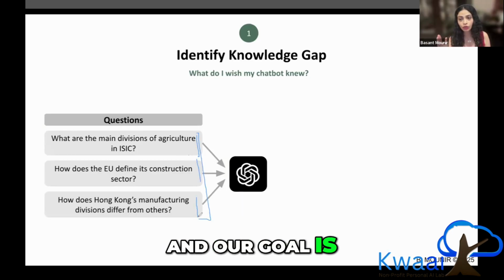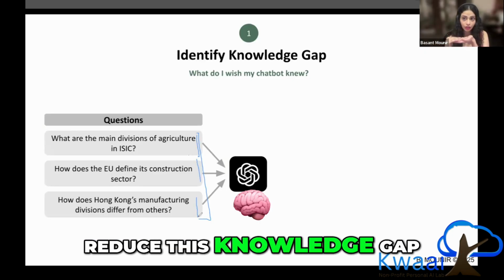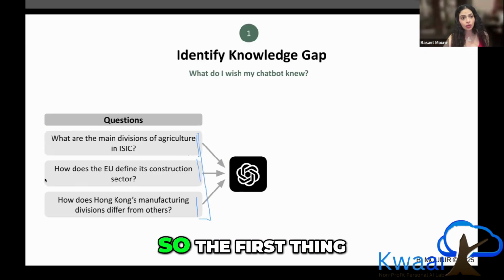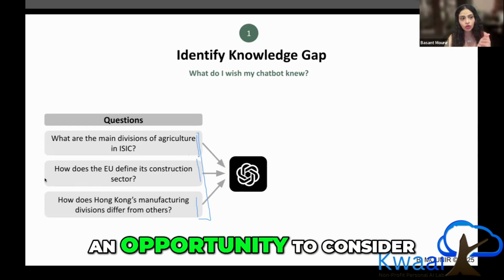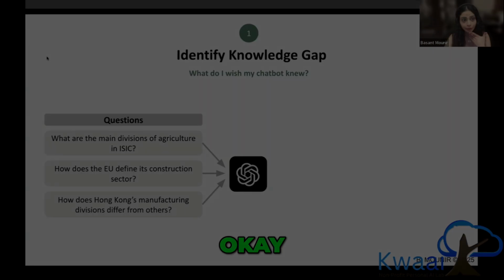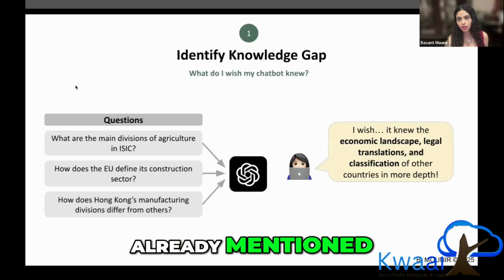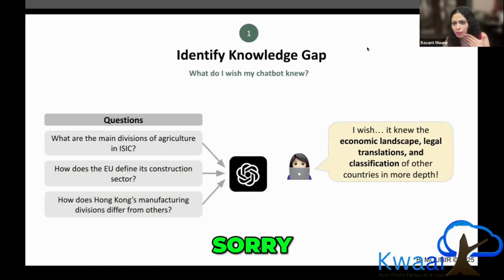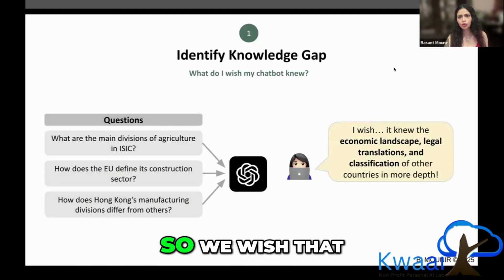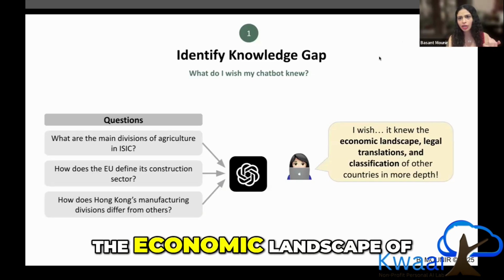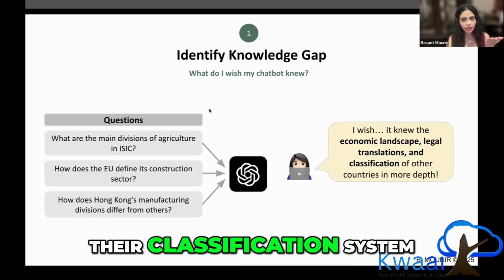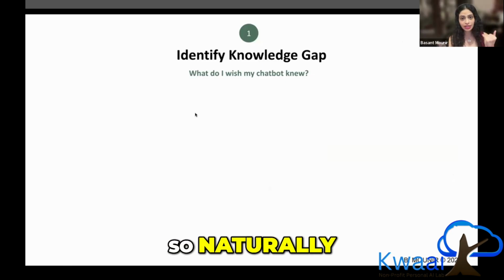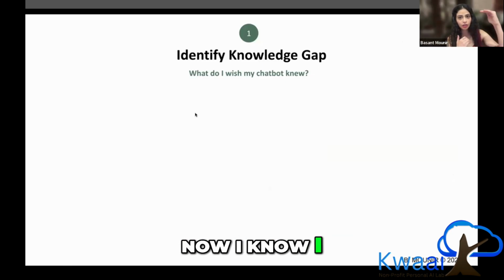Our goal is to reduce this knowledge gap, right? So the first thing is to identify the knowledge gap. You need to identify an opportunity to consider knowledge graphs. So we wish we knew more about the economic landscape of Hong Kong, their legal system, their classification system, and so on. Naturally, the second thing is, now that I know I have a knowledge gap,